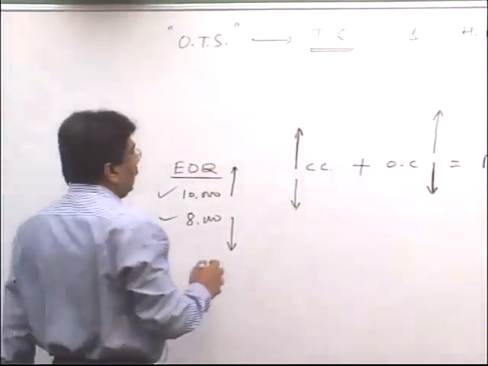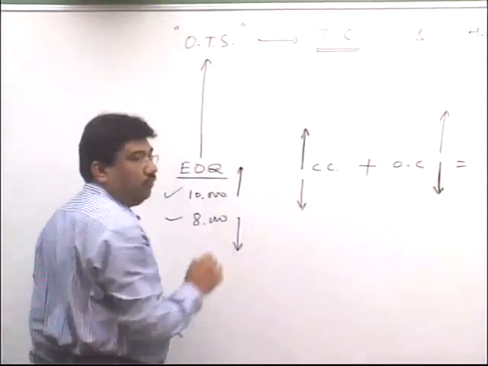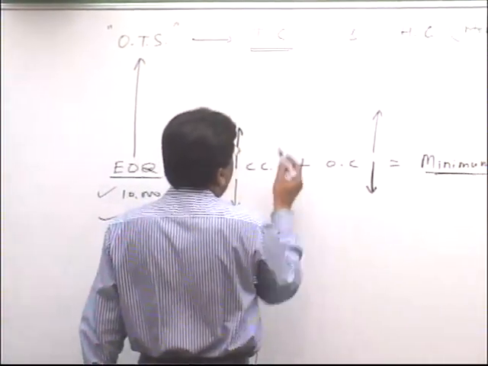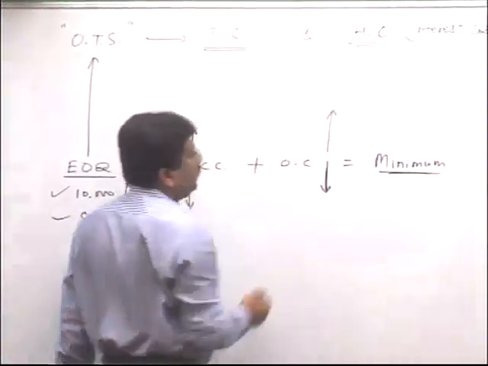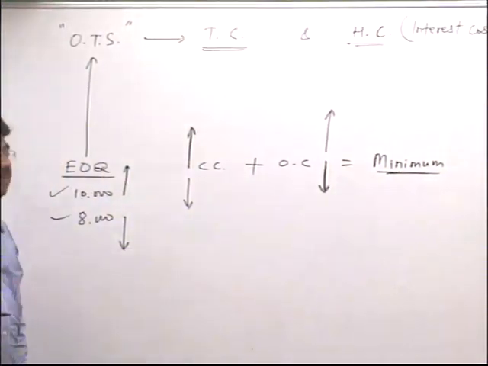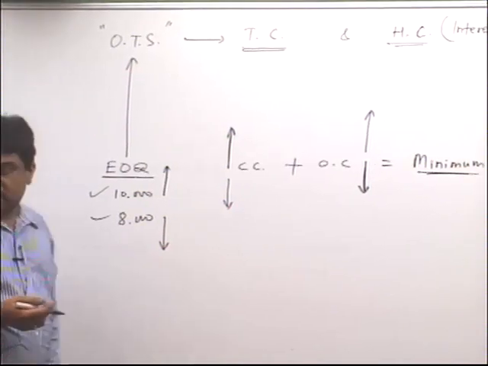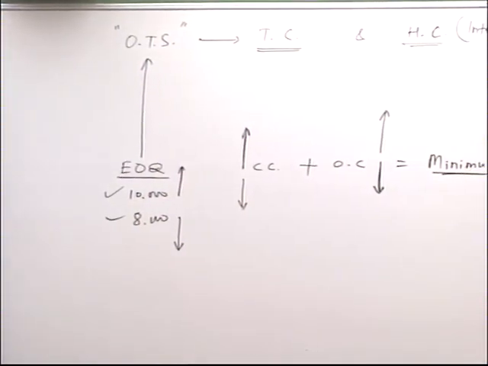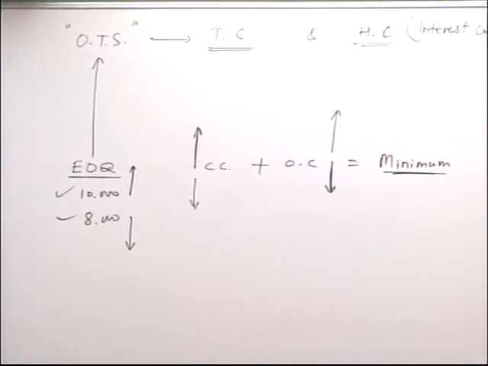That's why this model is called the EOQ model. Just like EOQ, you have to find out what your optimum transfer size is, and this optimum transfer size will be affected by these two types of costs, just like carrying cost and ordering cost. So that's why this model of cash management is called the EOQ model of cash management, because it resembles the EOQ model. Now next time we will discuss this EOQ model in detail, and thereafter we will do sum number 6 and 7 which relate to this EOQ model of cash management.